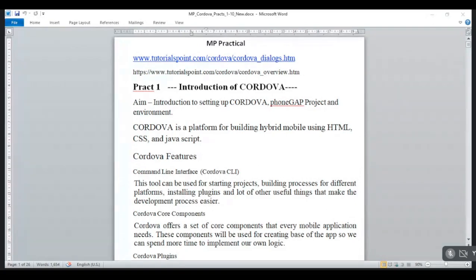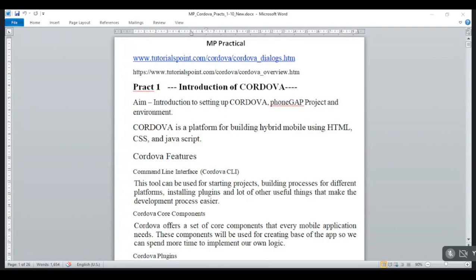Cordova offers an API that will be used for implementing. Now, what is an API? Application Programming Interface. It will be used for implementing native mobile functions in our JavaScript. That is when it is used for Cordova plugins.